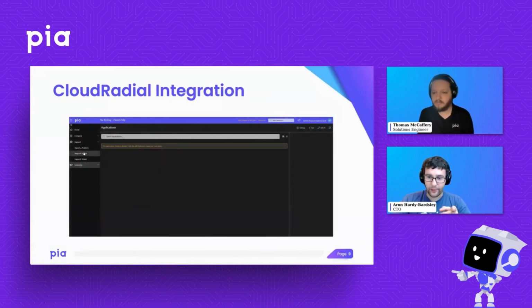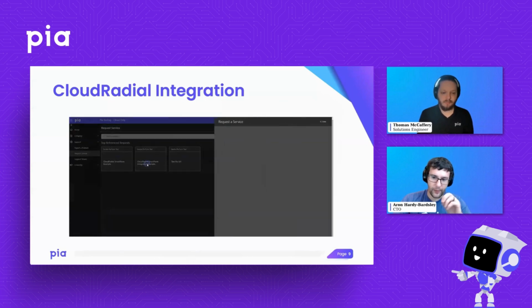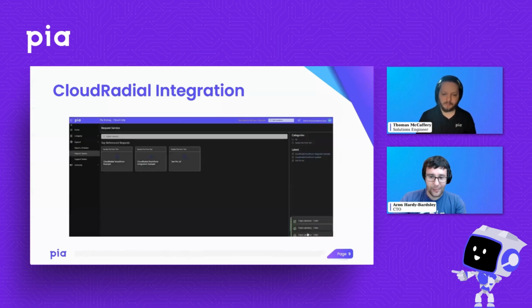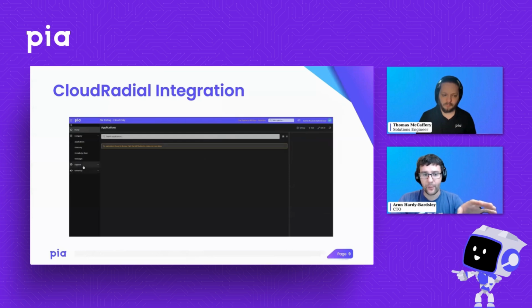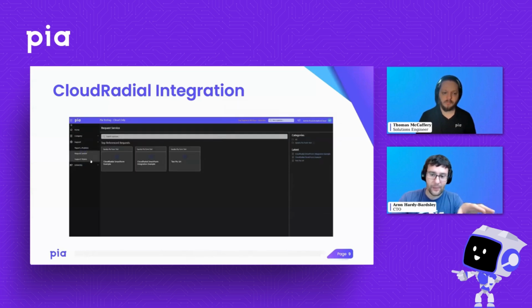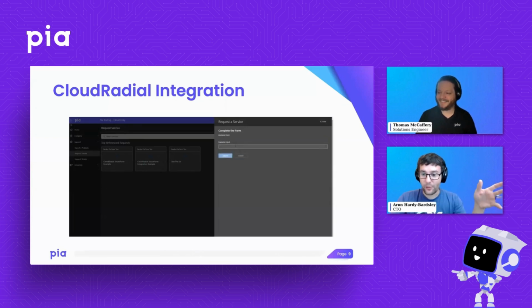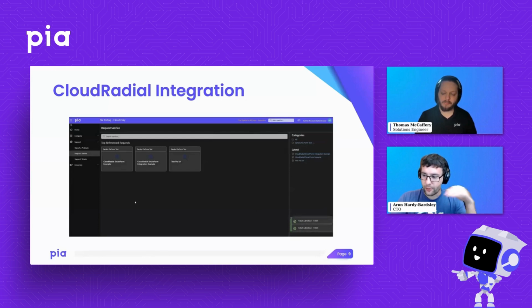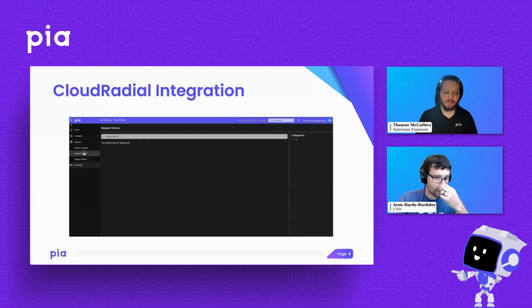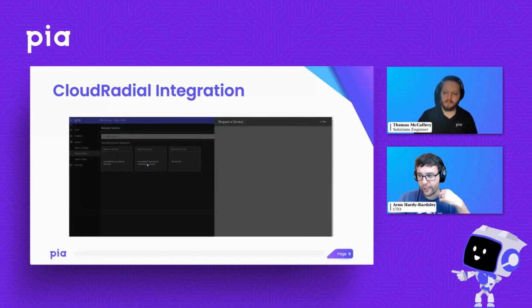So this is what the Cloud Radial integration looks like. If you're familiar with Cloud Radial, you can see that the experience is very similar to submitting a form in Cloud Radial today. And so there's no double authentication. It's a fully integrated experience. The user won't even know that they're submitting a smart form. That's how integrated it is. But of course, the fact that you are submitting a smart form through this process means that Pia will just do the ticket for you if you have that zero touch configured. So extremely powerful, and that's how you're going to get that powerful automation if you are using Cloud Radial.